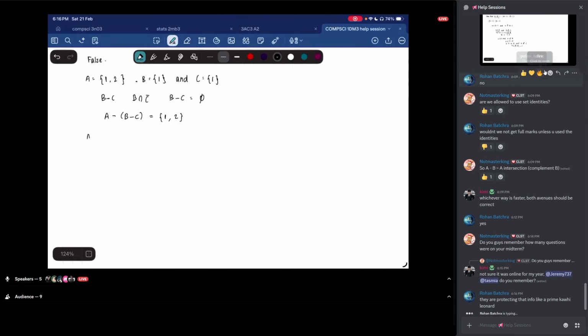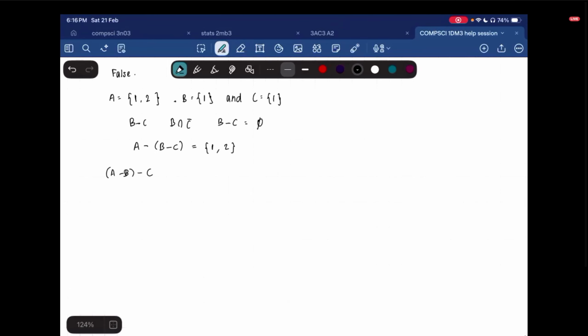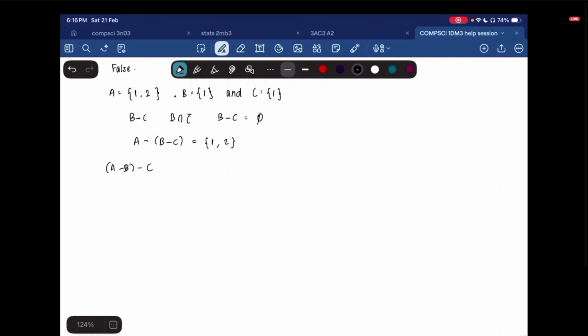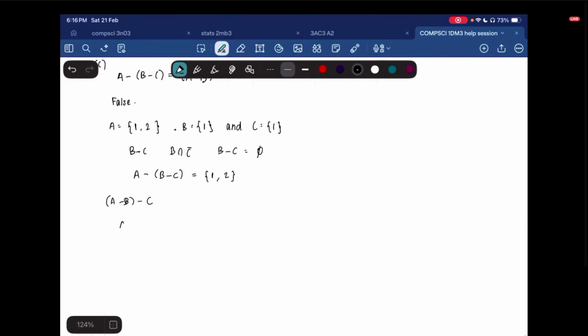But (A minus B) minus C would be, so we can compute A minus B first, which is,